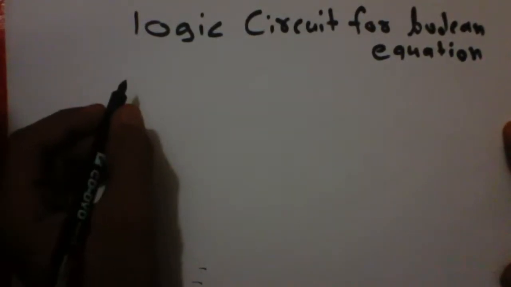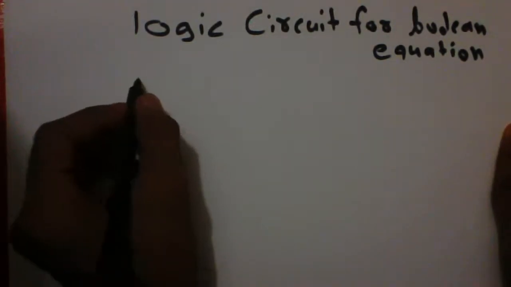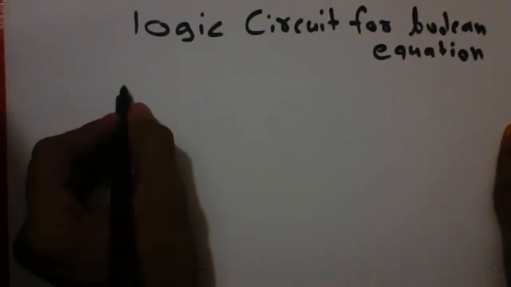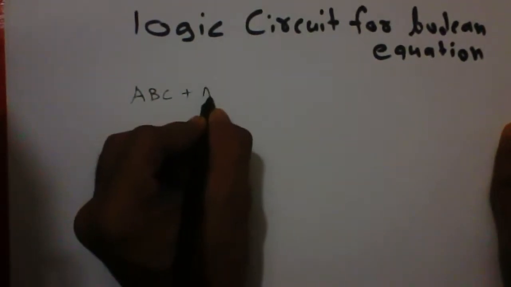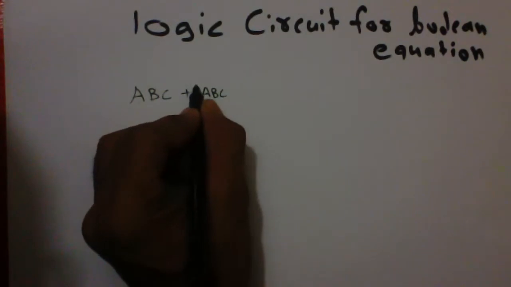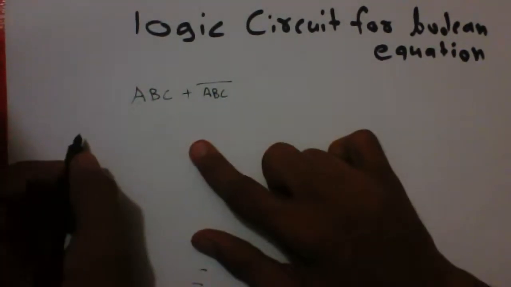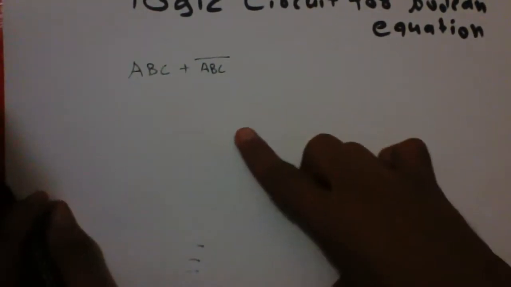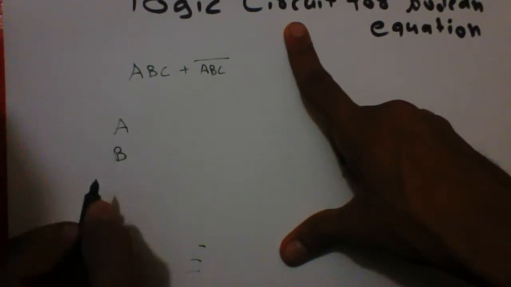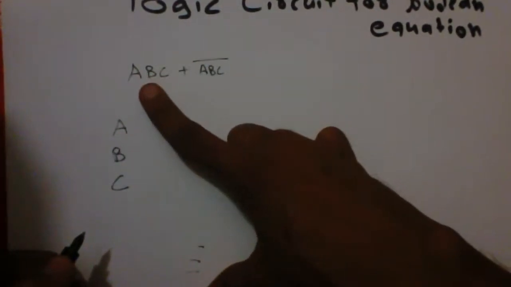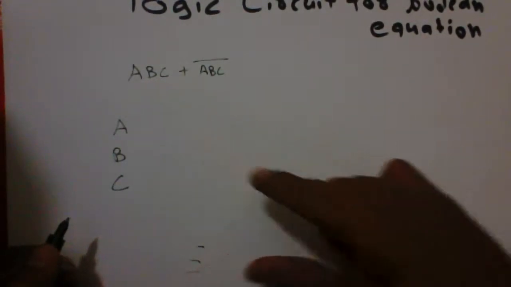So let's start with a simple example. Suppose we have an equation expression: a b c plus a b c bar. Here we will create a logic circuit. We have three inputs A, B, C. First we have to apply ABC, means